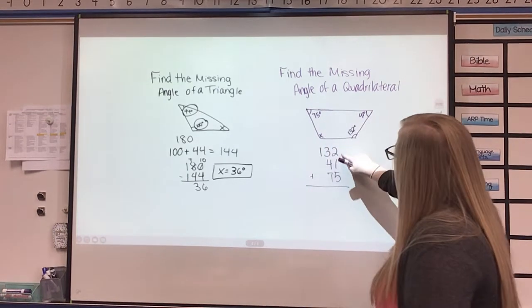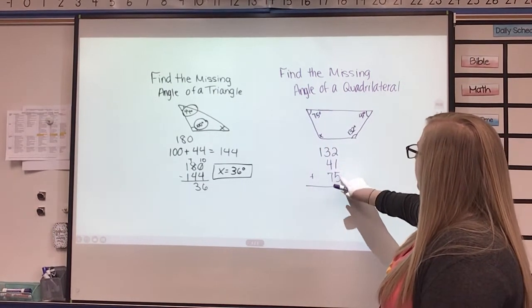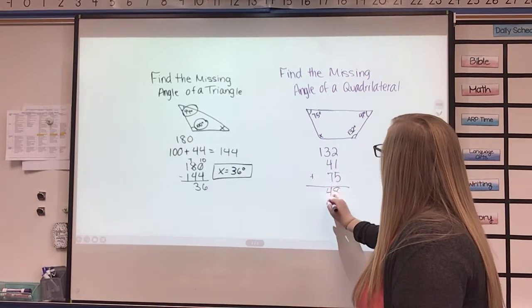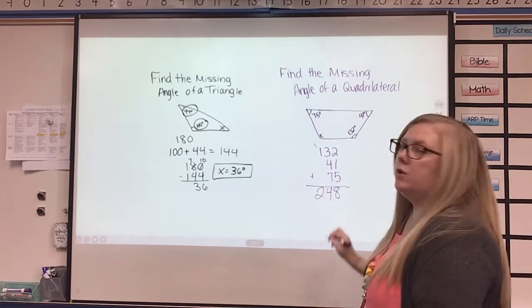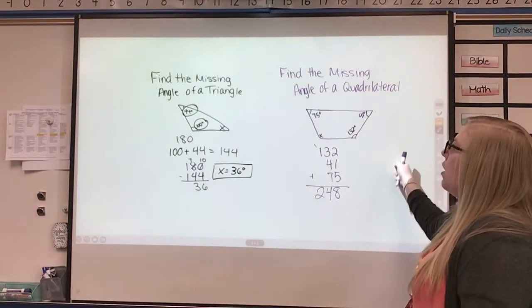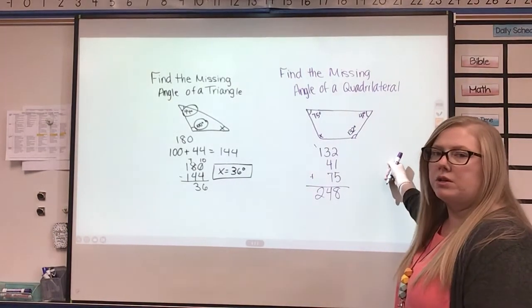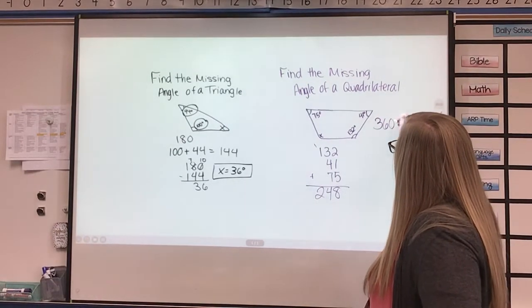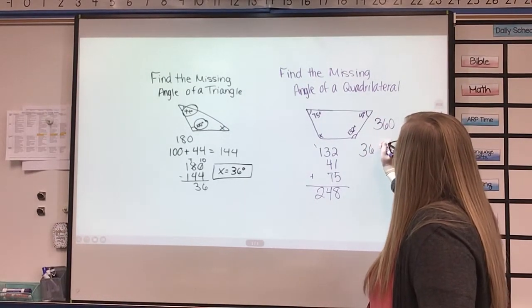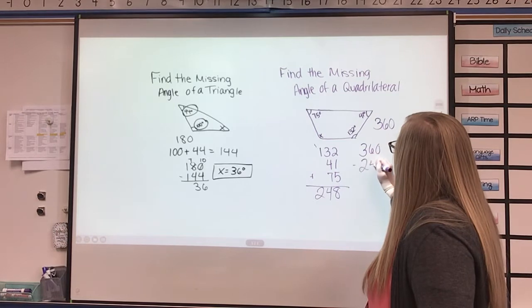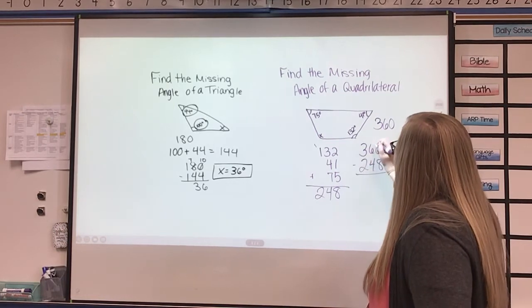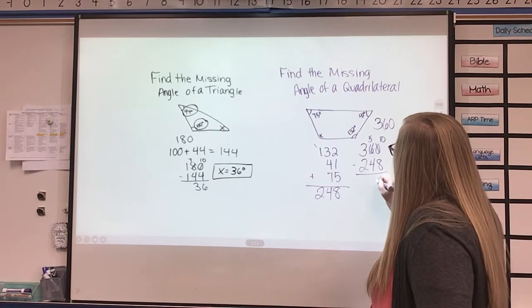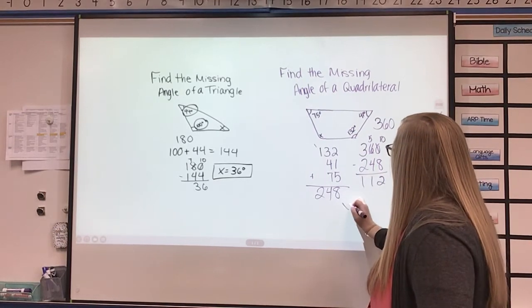So 2 plus 1 is 3, plus 5 is 8, 14, 248. And now what does a quadrilateral equal? The angles equal 360. So 360 minus 248. So x equals